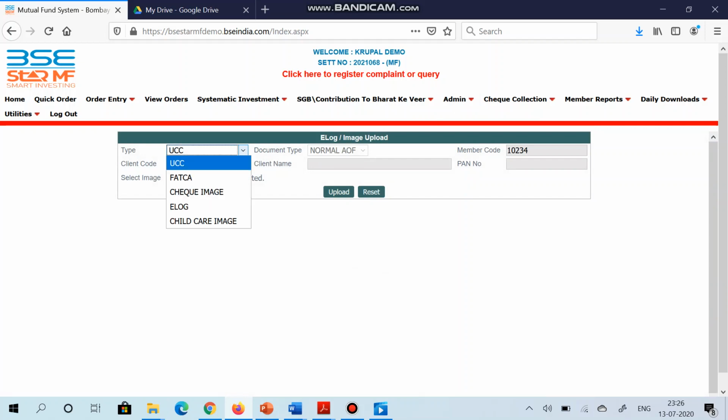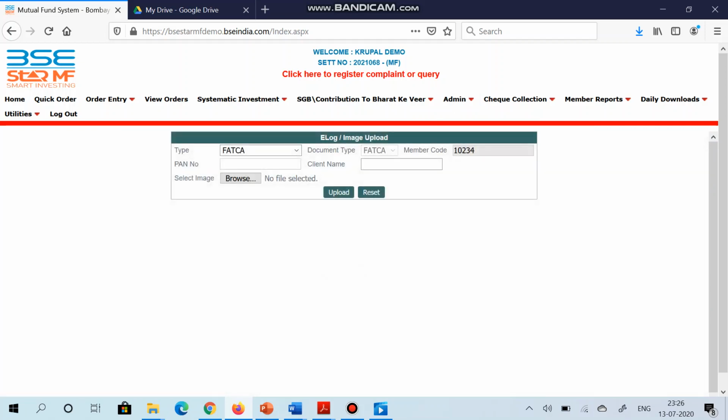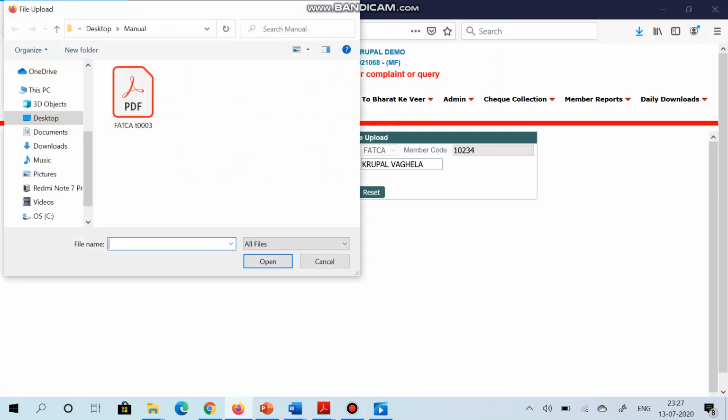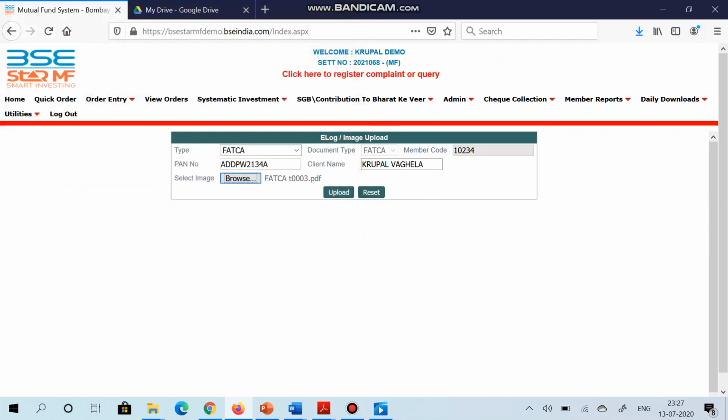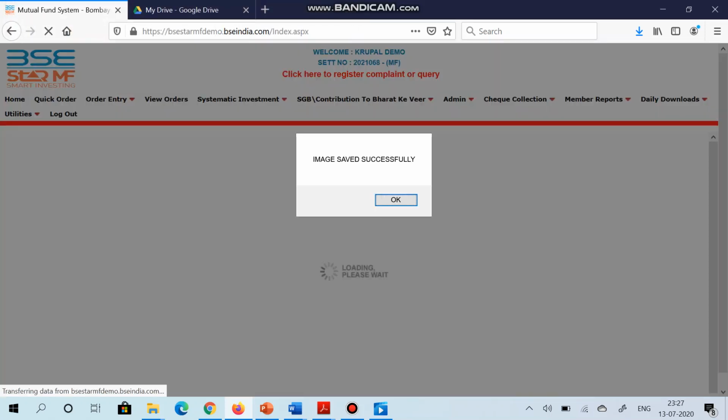Select type as FATCA, mention the PAN number, so the client name will populate automatically. Choose the file and click on upload. As you can see, the system will show you the message: image saved successfully.